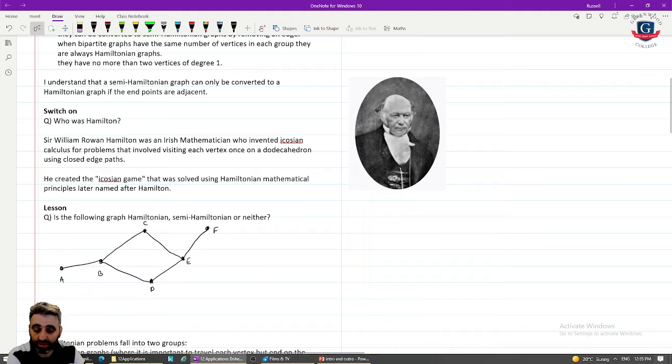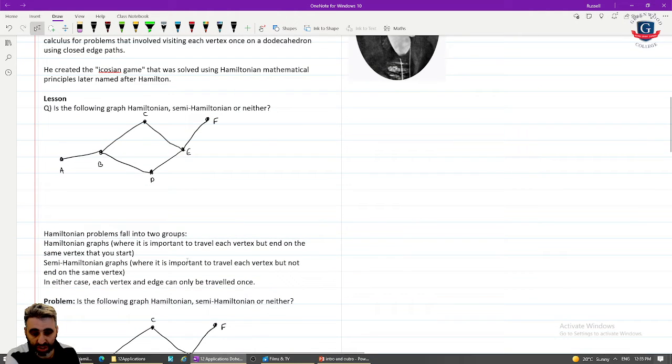Hamilton is who it's named after, and it was named after him because he investigated problems that involved visiting each vertex once in a dodecahedron using closed-edge paths. His game was iconic and ended with this branch of graph theory being named after him. So let's have a look at